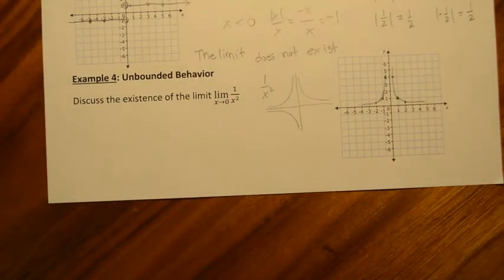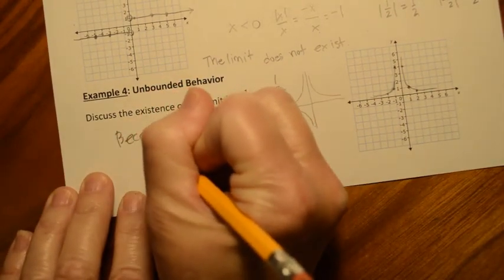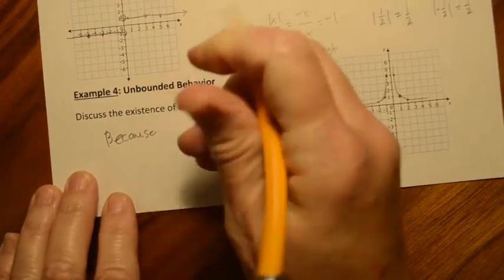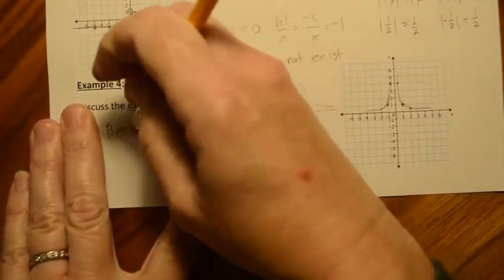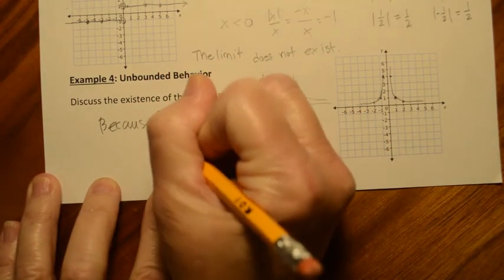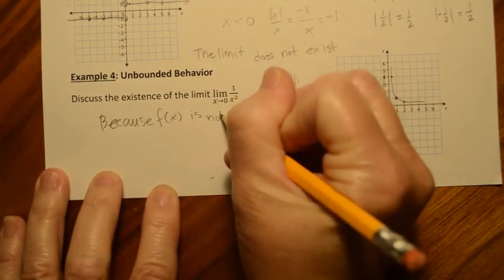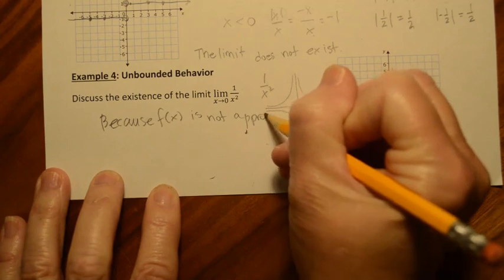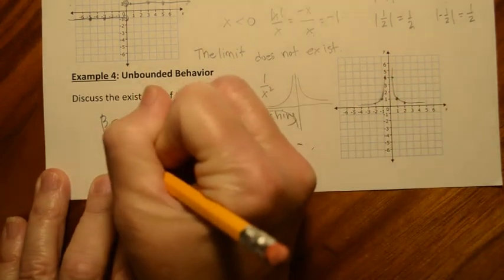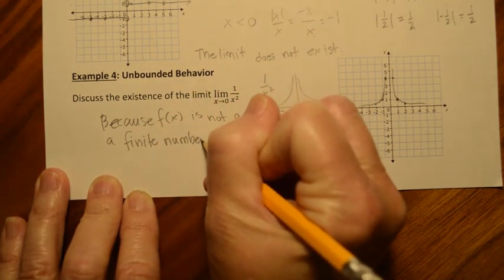So for this one, I need to make sure I say this correctly. We would say, because f of x is not approaching a finite number L,